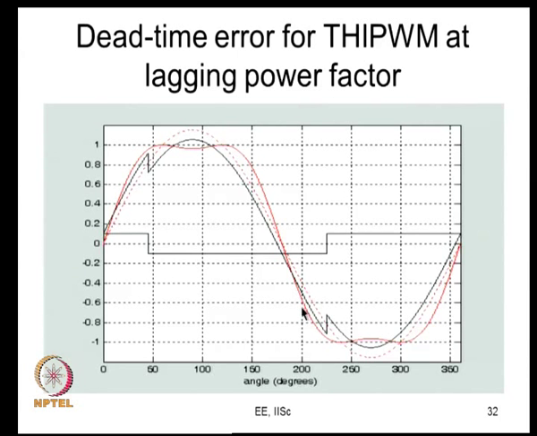So, let us look at the next one. This is also third harmonic injection PWM, but now we are looking at a 45 degree power factor angle. So, once again the same thing that was said: there is current and the error is going to be in phase with the current. There is some error in how the current has been plotted. Here the current has been plotted as though it is at unity power factor, or rather the current is not shown. So, the current should really be here. Let me draw the current. So, the current should have zero crossing like this. This is how the current is. I regret this error. Okay. So, this is how it is now.